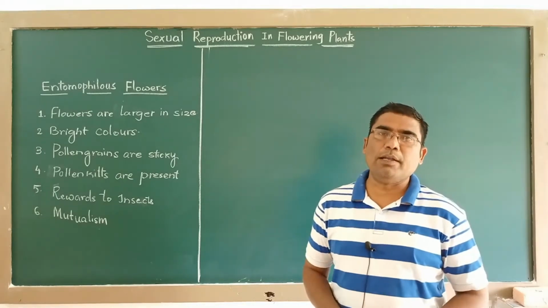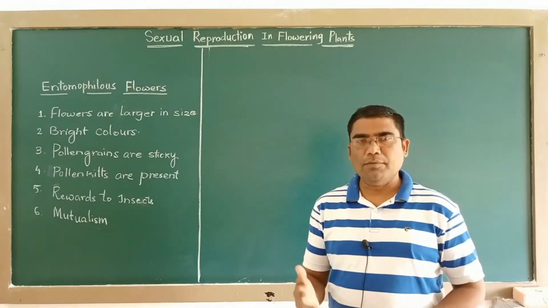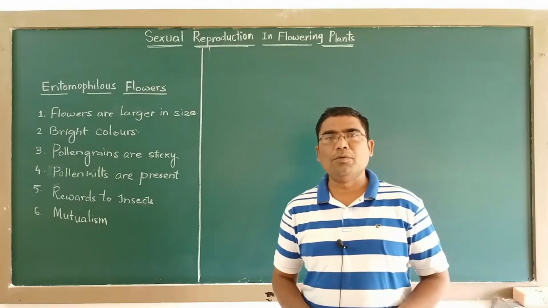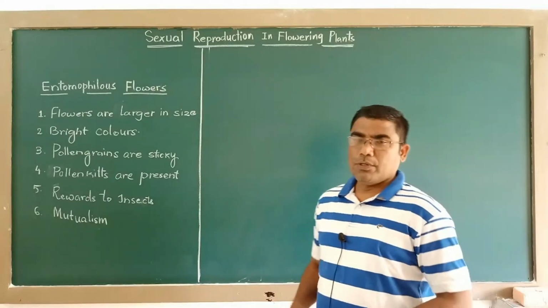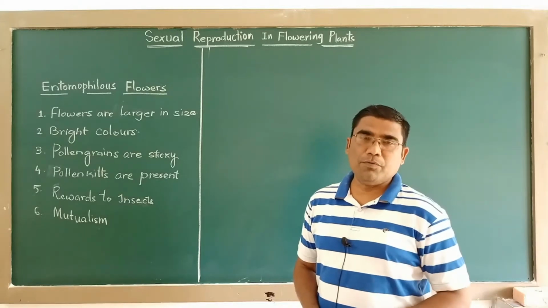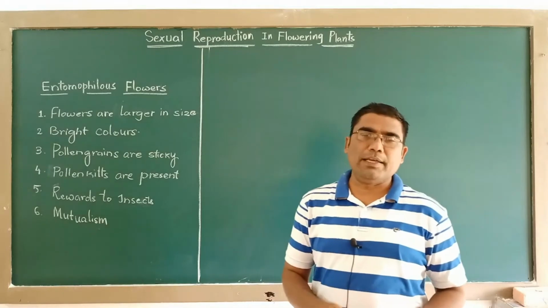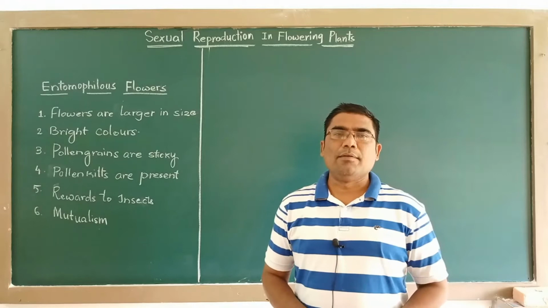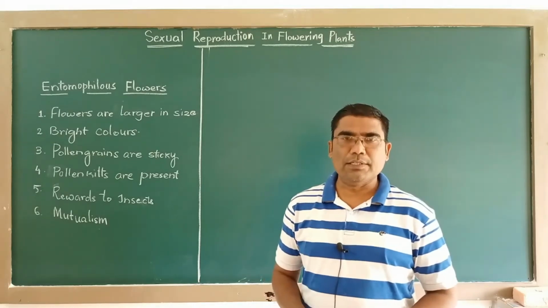Insects are helpful for pollination. Such a type of pollination is called entomophily. The flowers which perform entomophily are called entomophilous flowers. So here, to achieve successful, effective entomophily, these entomophilous flowers show some modifications, some changes, or development of some extra biological features or characters. What are those things? We discuss here.